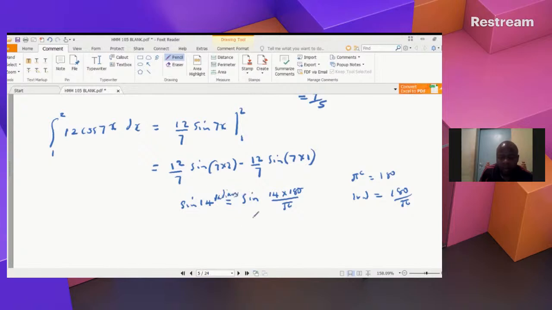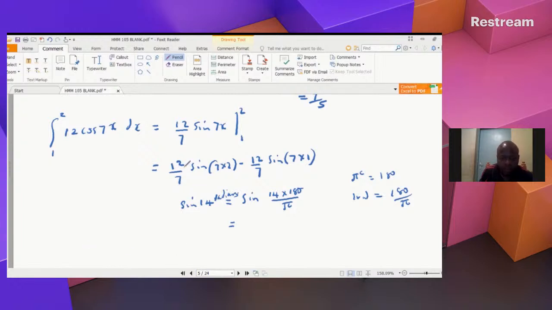So this is the sine of 14 times 180 divided by pi. What is that? Pi you can find as 3.14 something. It's on your calculator when you press shift, then pi. So when I do that and then find the sine of that answer, I find it to be